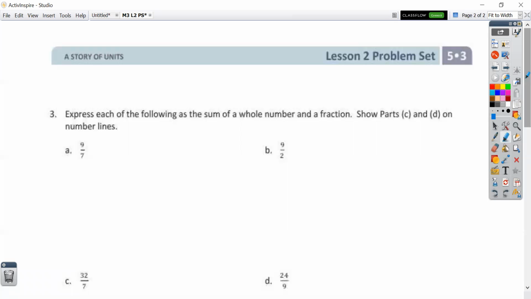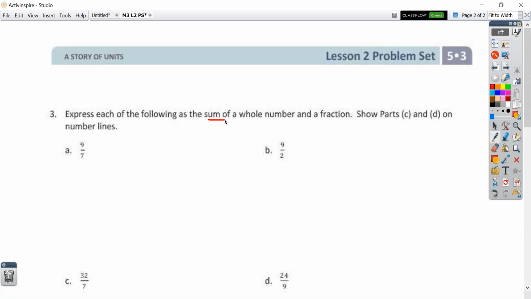All right, let's read the directions here. It asks us to express each of the following as a sum, so addition, of a whole number and a fraction. So let's do the first two together, and then you can go ahead and try the second two on your own. Now, what this is asking us, basically, is can we rename these as a mixed number